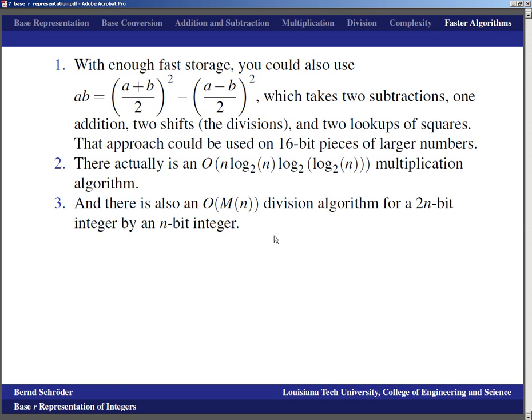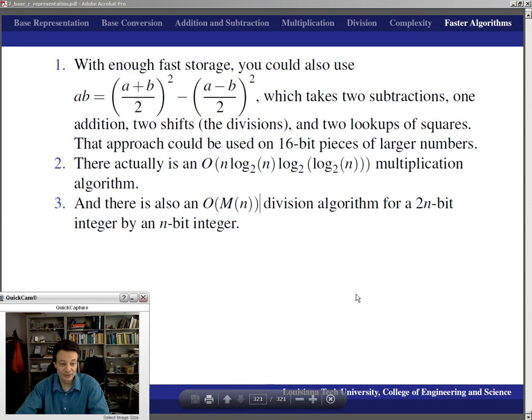It is also apparently true that there is a capital O of m of n division algorithm for a 2n-bit integer divided by an n-bit integer. So there are certain kinds of fast division algorithms out there. So this now really already goes to what probably is the frontier, and it's fairly elementary, right? All we're doing is we're multiplying numbers. There's something that is quite primitive about it, but at the same time, anybody who can come up with a faster way to multiply numbers, with a faster way to divide numbers,